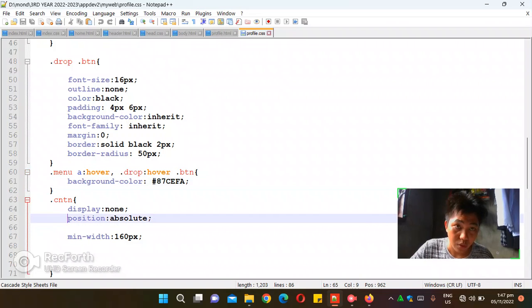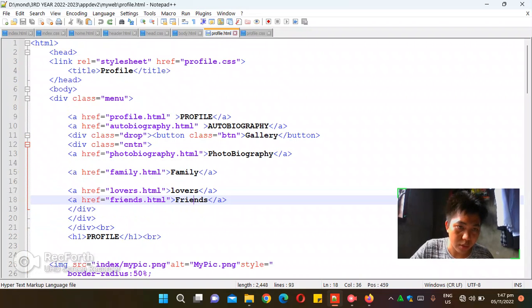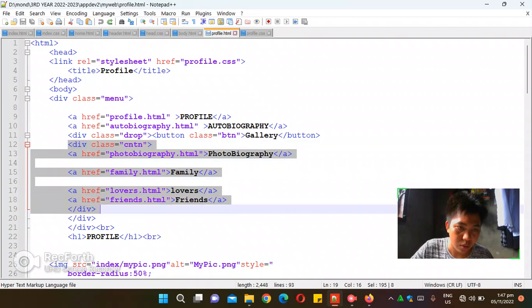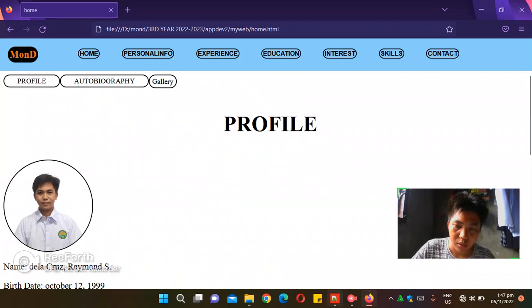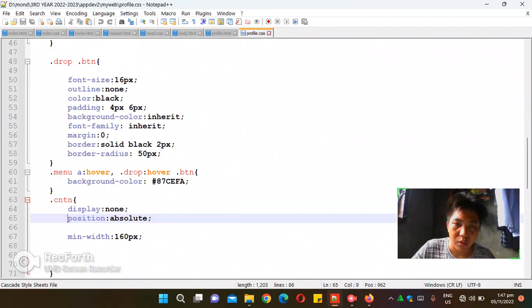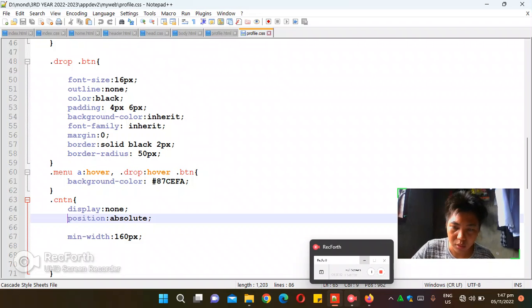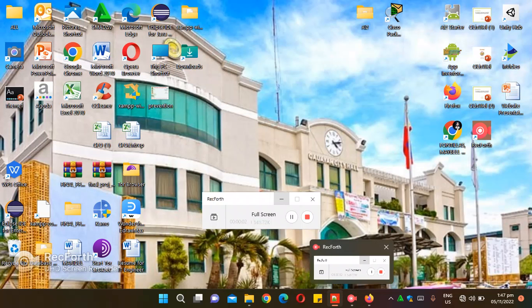I think it's cyan. And then for the content of the email, the button here, this is the content area. This is the content, which contains the autobiography, the family, and the drop down button. It contains the